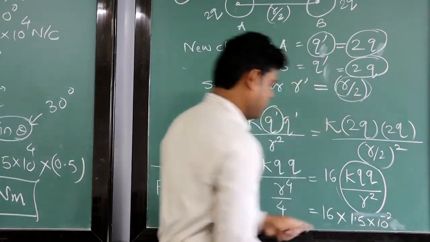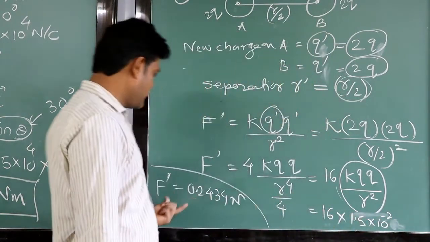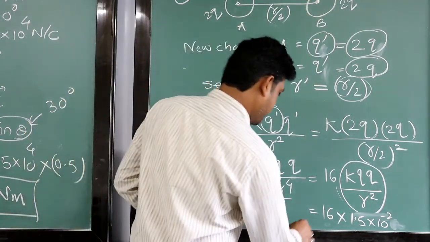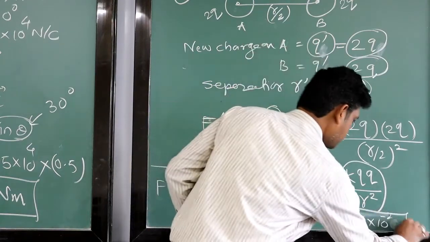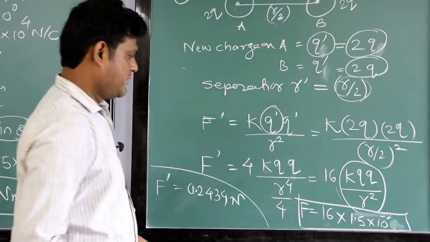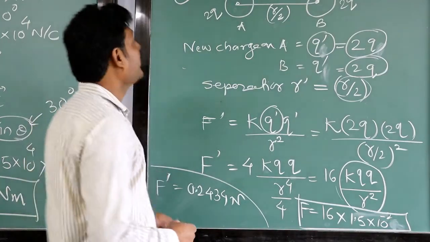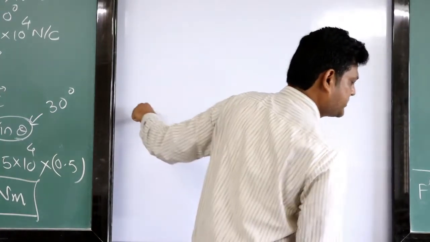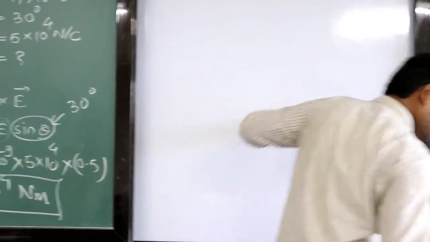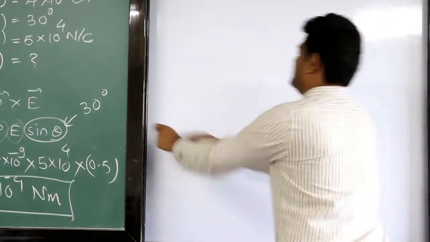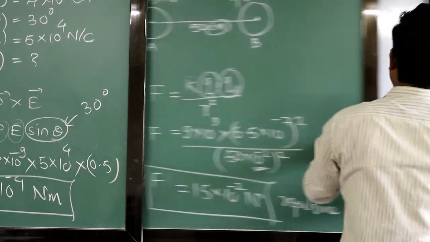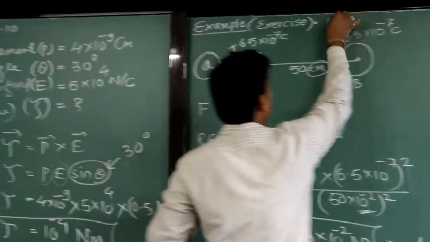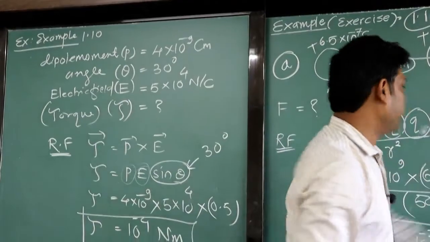So here also the multiplication of this is written over here, right students? F equal to, this is your answer. You just take the screenshot of this, 10 to the power minus 2, 16.5, 10 to the power minus 2. This is the first board, second board and third board, part of example number 1.12, first part. Here is the second part.